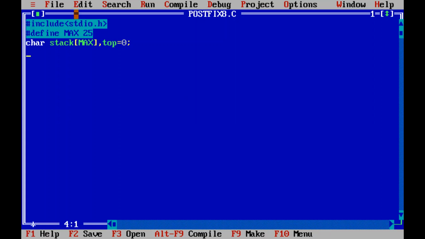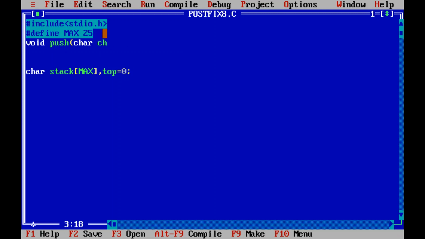And we are going to define some functions. The functions, we will put above. You will be using a push function for which the argument will be a character ch.